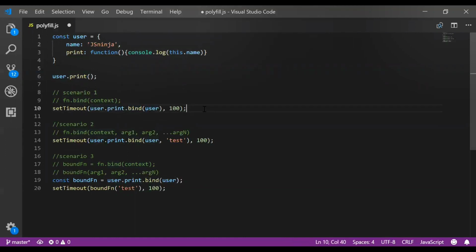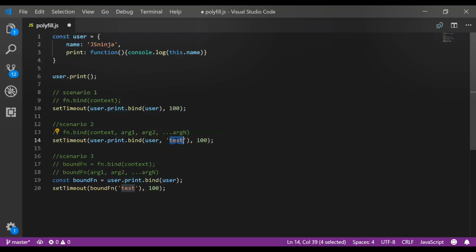The next scenario is function.bind to the context and passing multiple parameters, n number of dynamic parameters, whatever you want. Here we are binding user.print with the user context and passing a dynamic parameter as test. So instead of JS Ninja, the name will be passed as test.